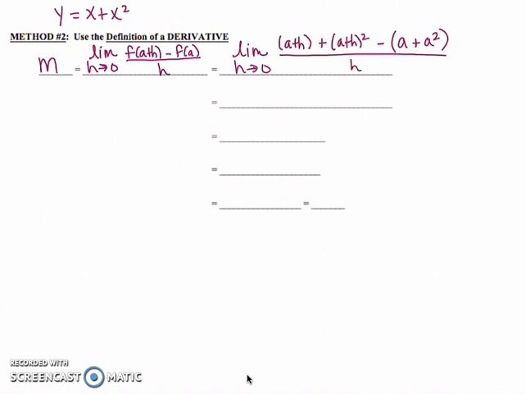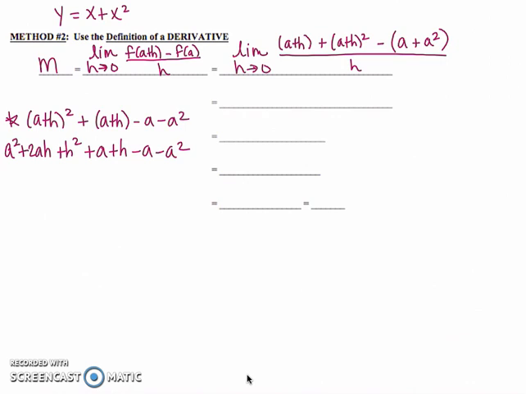Okay. So now we're going to have to do some math, and I'm going to use a little bit of my blank space over here to simplify. Okay. So right here, I'm just going to do a little cleanup. A plus h quantity squared plus a plus h minus a squared. When I distribute that negative, a plus h quantity squared is going to be a squared plus 2ah plus h squared plus h minus a squared. And then I'm going to go ahead here and I am going to combine like terms, and I'm going to end up with